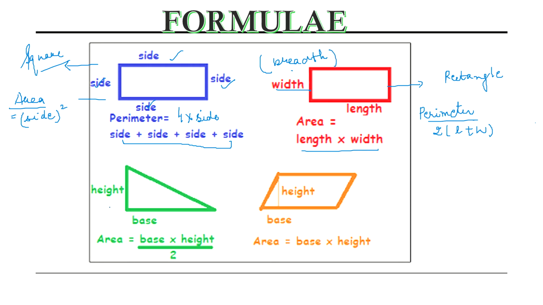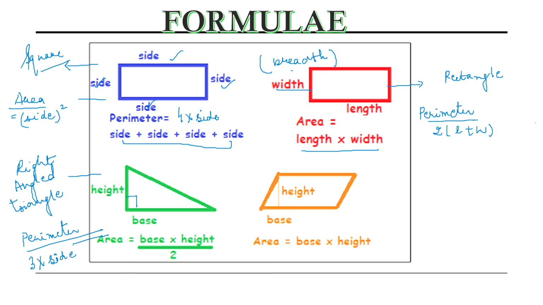Now if I move to the right angled triangle, let me also write it so that you keep making a note. Right angled triangle. Write this formula at a certain place so that it will be beneficial for you later. So area is half into base into height, or you can also calculate the perimeter, which is 3 into the length of each side. Now why I am making you write all these formulas? Because these formulas will help you to do the questions